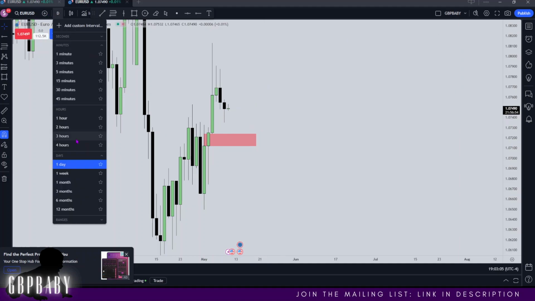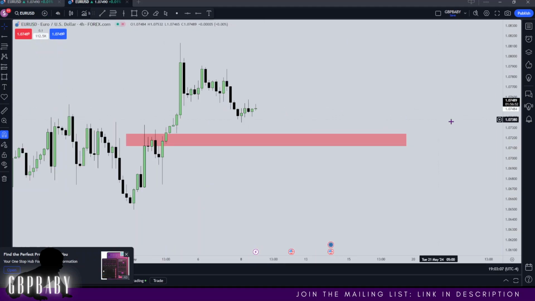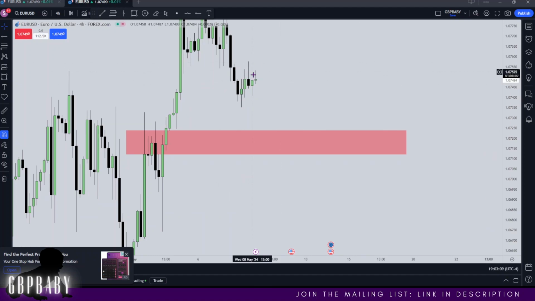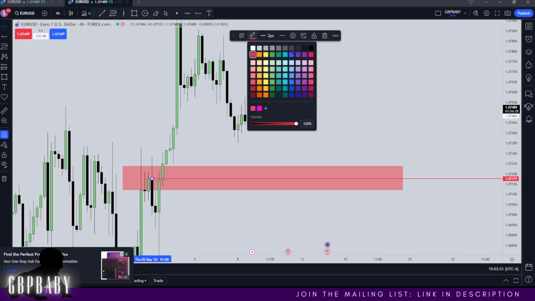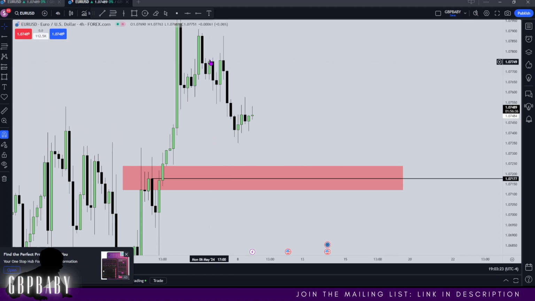Let's now go to the 4 hour and we'll see how we've traded. So we came lower. Again, very small range. We may very well see price trade higher, rallying into this fair value gap first, which is fine, and then lower prices for the rest of the week, running towards this bullish order block in that implied fair value gap. So overall, I'm expecting low prices. Obviously, we do have a